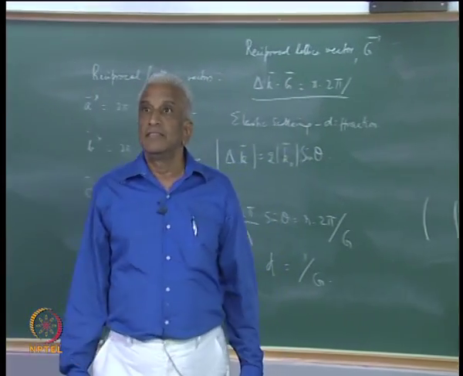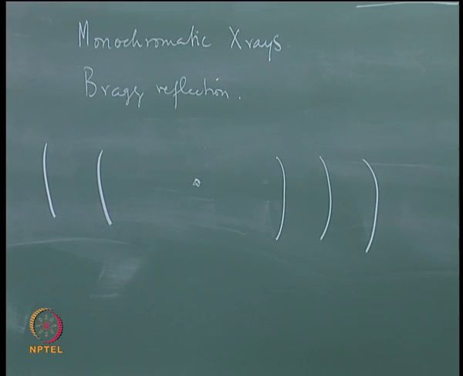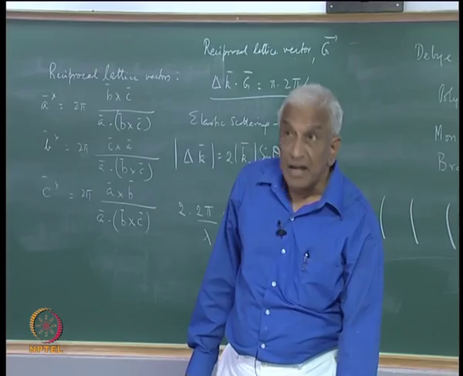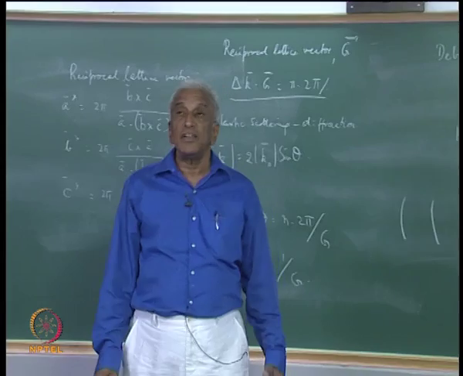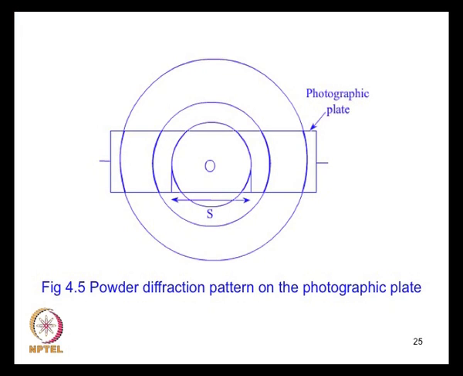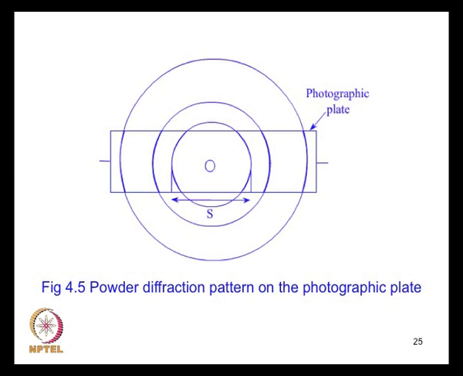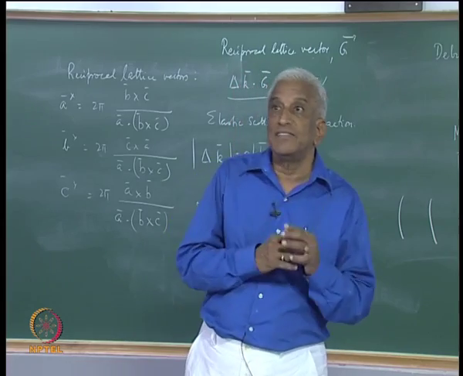So, those will be different pairs of arcs, each corresponding to one set of HKL planes. This is how a typical record will show. A powder diffraction pattern will be formed on the photographic plate as shown in the figure. This is quite simple. The picture shown in this figure is a very simple one, because it corresponds to a simple monatomic cubic crystal. If the crystal structure is complex, this pattern also will become more complicated with closely spaced arcs of